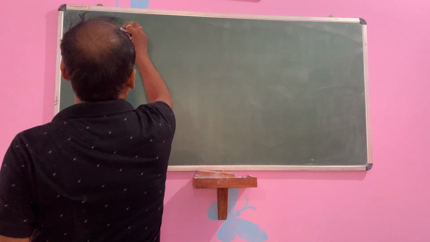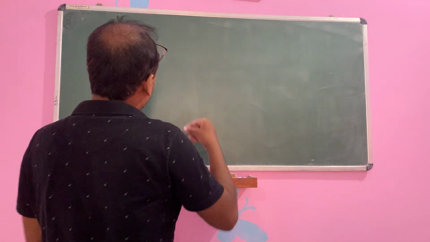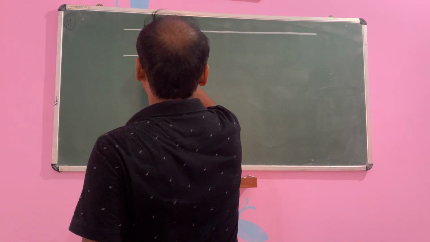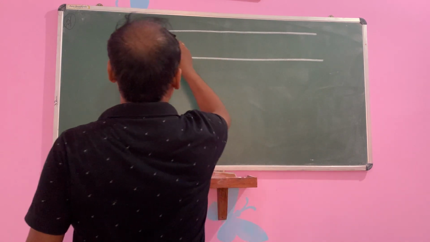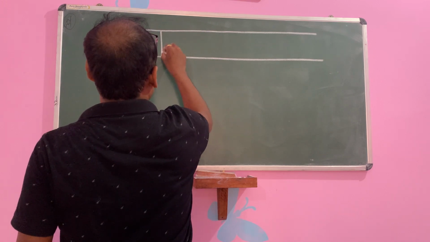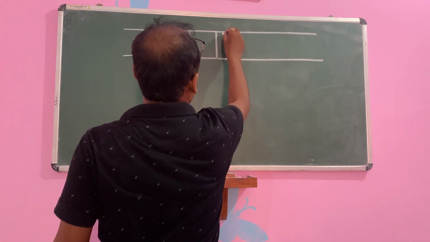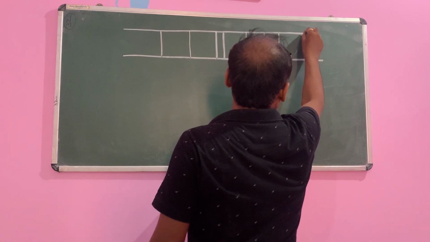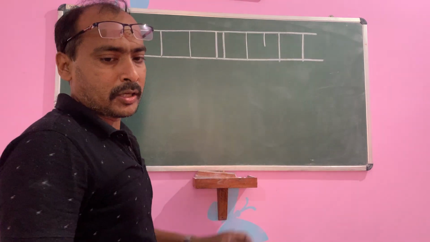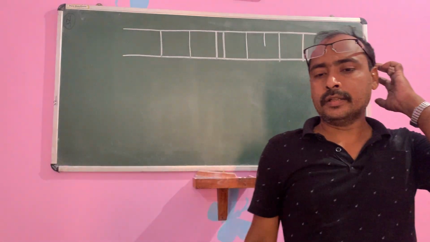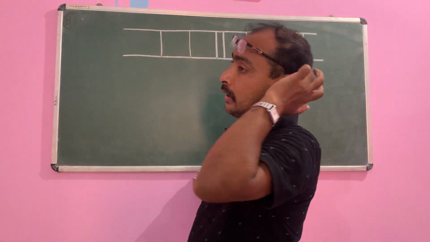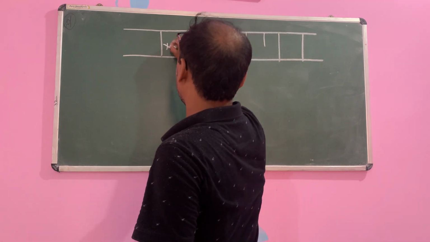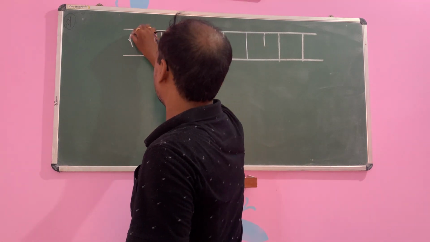Okay. Suppose in your book it is given, you draw the diagram. Also, I will share you notes. Just for your understanding, I am drawing on the board. First is your gamma ray, then is your X ray. Then that is your ultraviolet, UV. This is your X ray. This is your gamma ray.